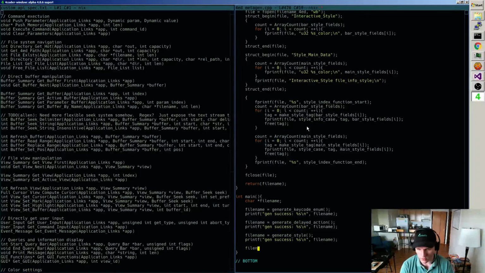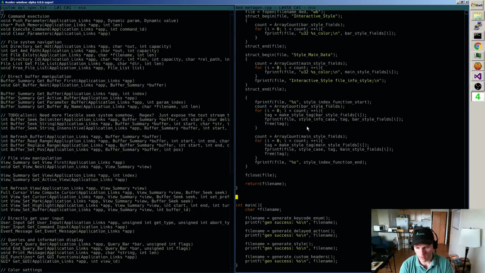We're going to open up a new one now. Generate custom headers. And then I'll printf gen success on this. And there we go.